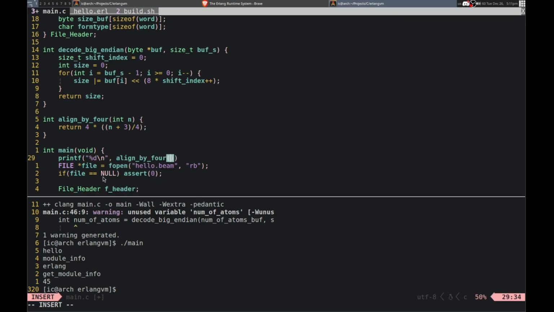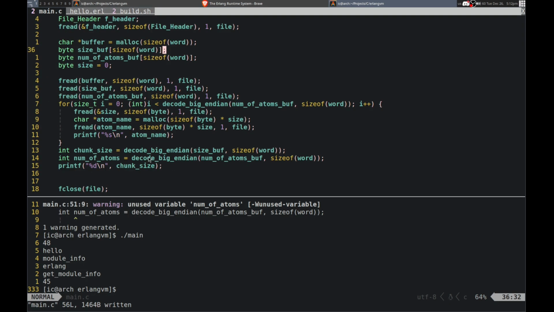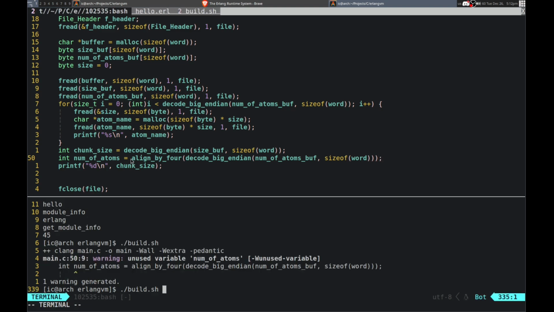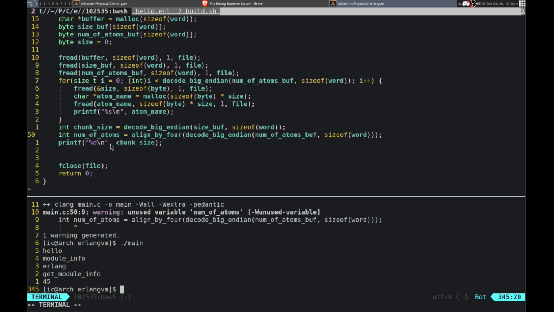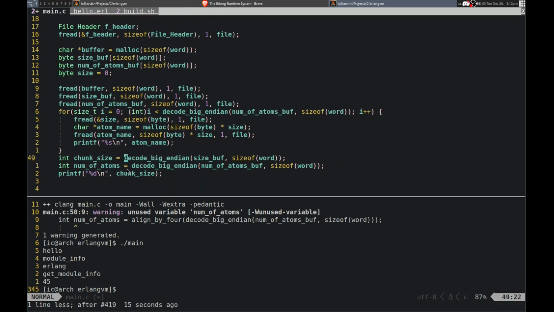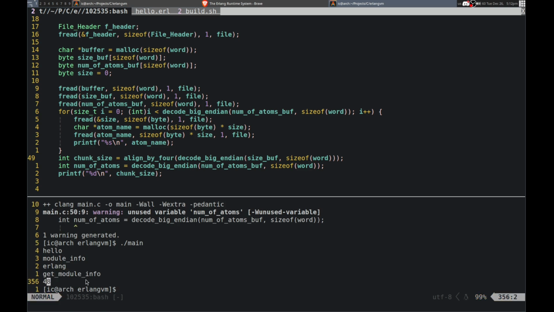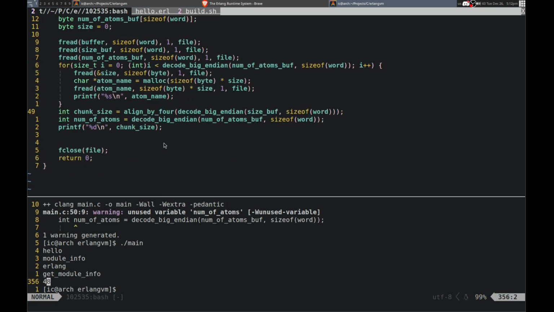Align by 4. So say we have 45. Yeah, we'll make it 48. Yeah, 48, you can see. So it is working. So that's what we need to do. We need to call that so like a double thing here. For that. Okay. Then, it is not right, because I did it on the wrong thing, actually. Oops. It is this one. Align by 4. That's how we know the size. 48. Okay. So what can we do with that?